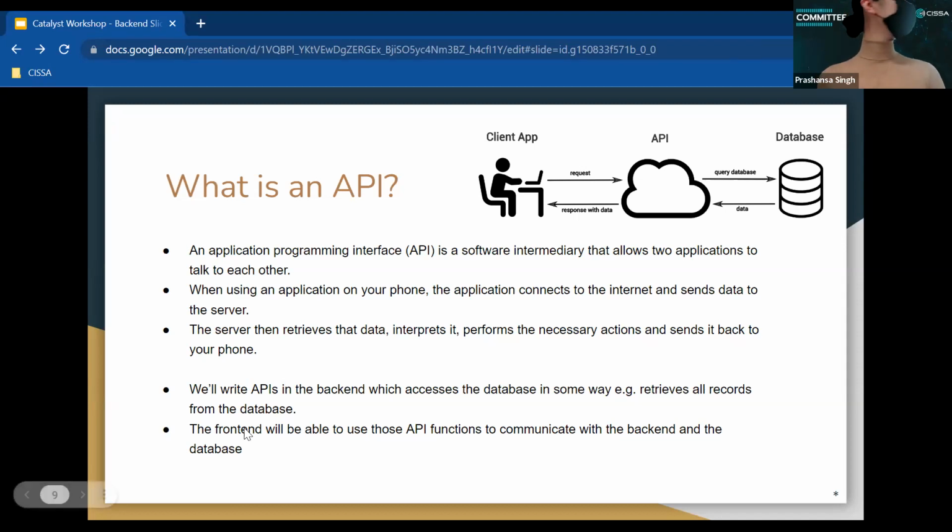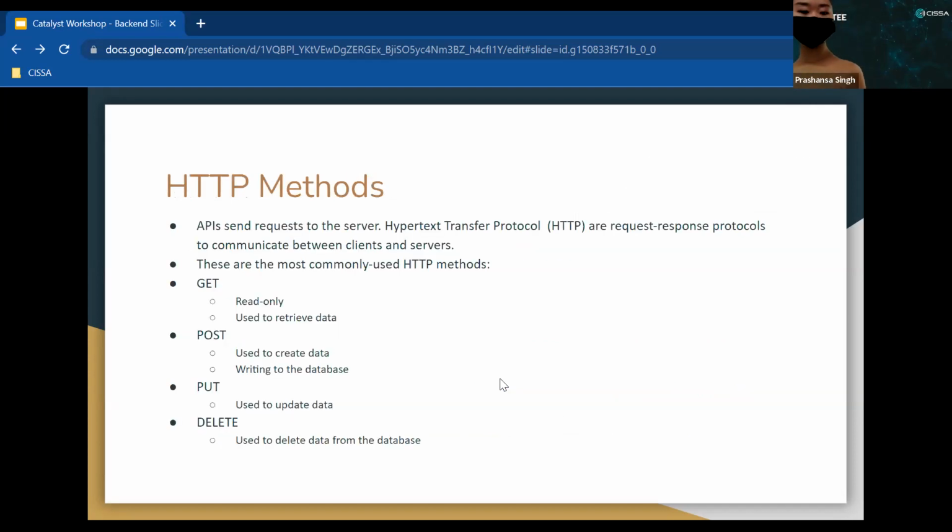And today we'll be writing APIs in the backend, which access the database in some way, such as retrieving all records from the database. The front end will use those API functions to communicate with the backend and the database. All right, so